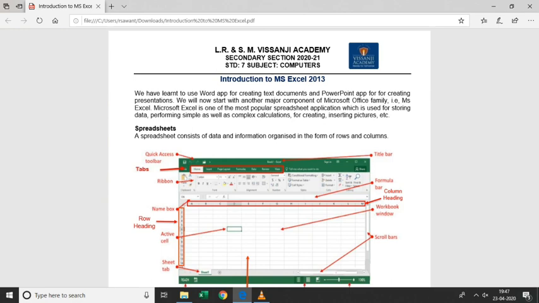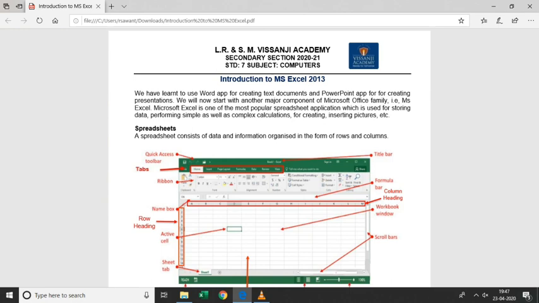Whatever numerical data you enter, if you want to perform any calculation, this software makes it so fast: just enter a formula and automatically you will get the answer or result you want. Not only this, when you put a formula within the spreadsheet and make changes to your data, you don't have to do anything. The value you change within the row and column automatically gets updated in the formula. That's why we are using MS Excel.